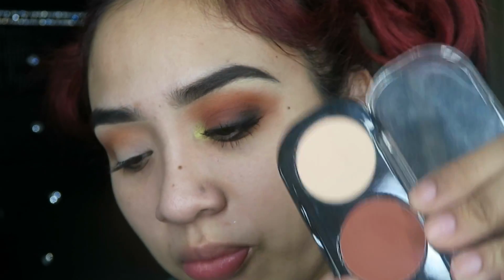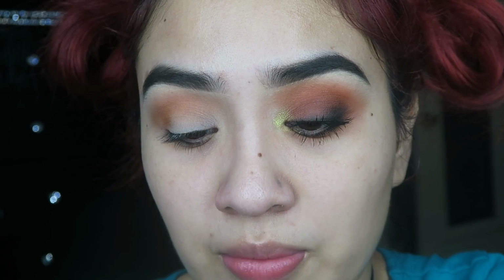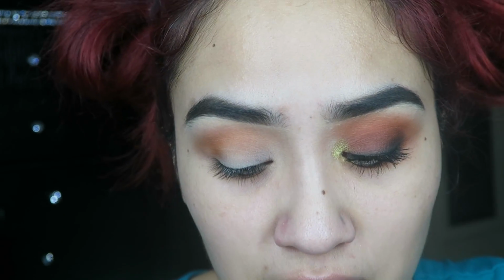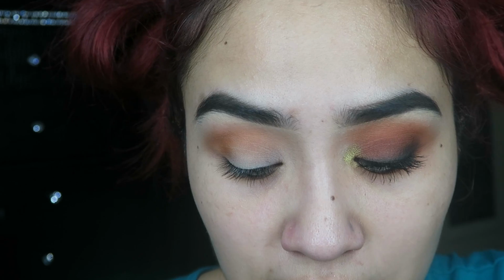I'm gonna take this warm color from Makeup Forever. I don't have the color. I always say that I'm gonna get the name, but I never do, so give me a second. Thanks to the power of YouTube and editing, I probably will take like a millisecond. M738. So it's a really nice warm brown, and I'm gonna apply that all over the eyelid and just deepen